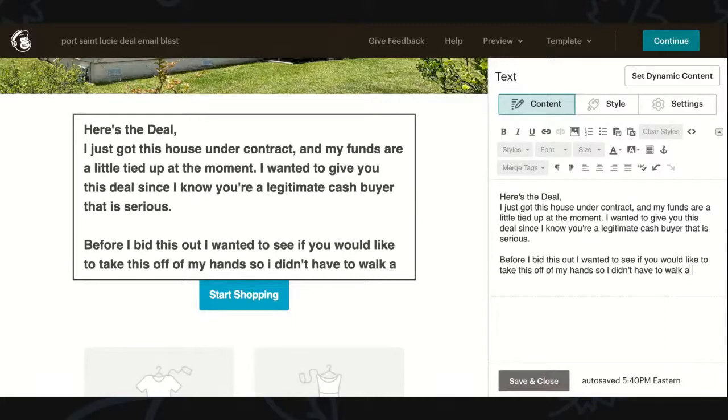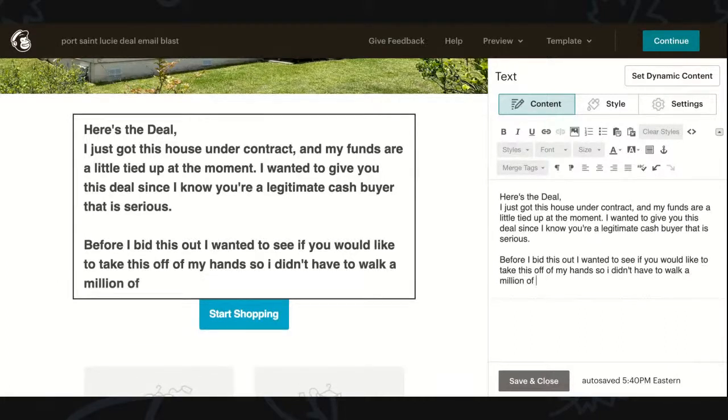Walk a million people through the house. Oh, a million people. I've got fat fingers, so this takes forever. Sorry, guys. Walk a million people through the house.